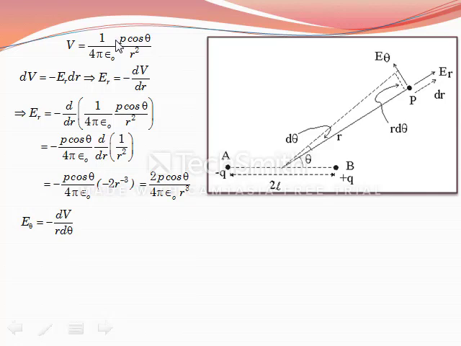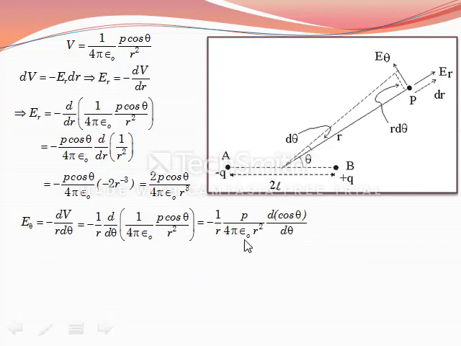V we have over here substituted. This is minus 1 by r, d by d theta of this V. Now here also we'll take the constant factors out. And remember, in this particular differentiation, r has to be considered as constant and theta is the only variable. Again, let us bring the constant terms out. This is what we are left with. Now this term, d by d theta of cos theta, is minus sin theta. Put its value. So this is our result for E theta.